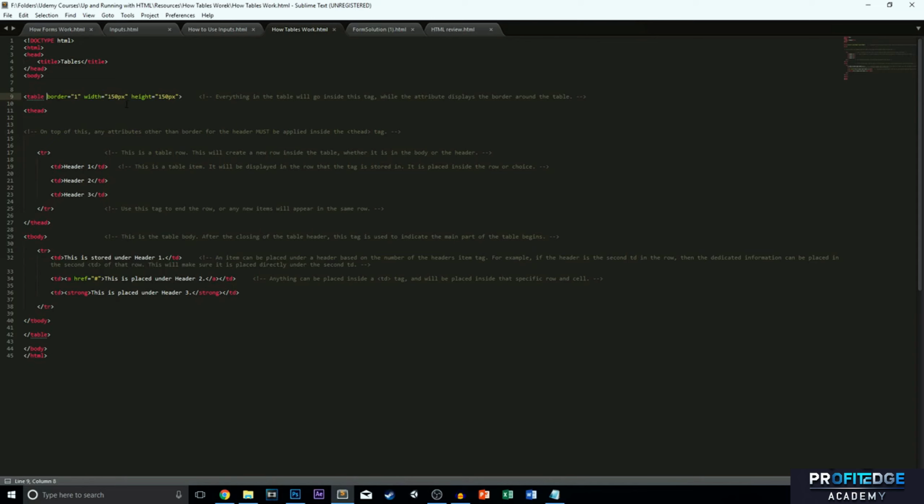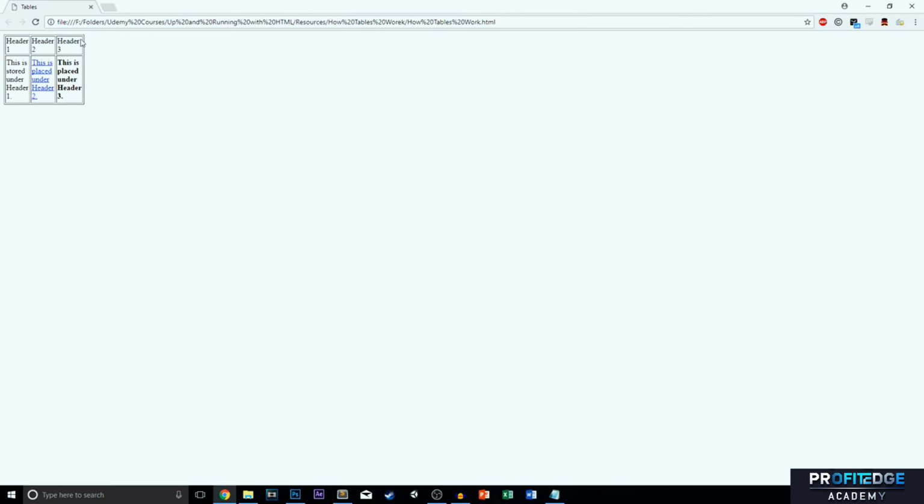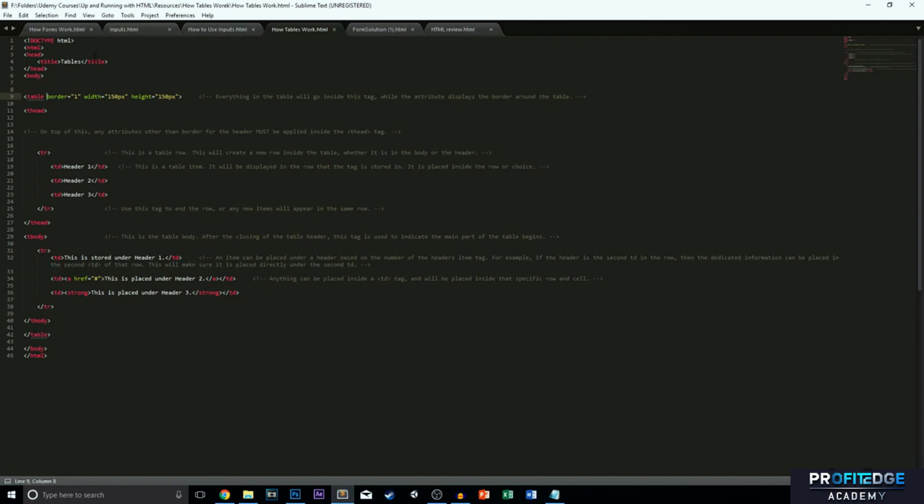One very important attribute you need to know, these two are not very important. We covered this previously, but this is very, very important. So let me show you what this does and what will happen without it. So this is basically what creates this border around the table. Now, if I actually erase this, I'll show you what happens. If I go ahead and erase that, you can see